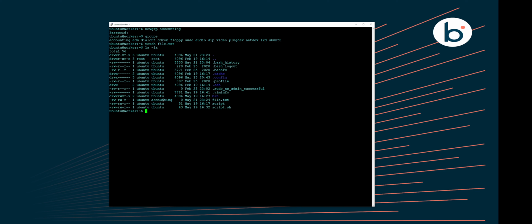If you want the user to be able to switch to a group without typing in the password, we just need to add them to the group. Let's add Ubuntu user to the accounting group. Let's type in sudo gpasswd -a ubuntu accounting and hit enter. Now, if Ubuntu user switches to the accounting group, they shouldn't be prompted for a password. Let's type in newgrp accounting